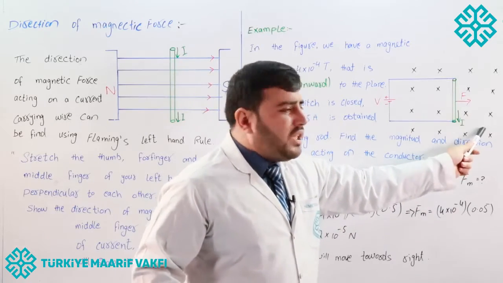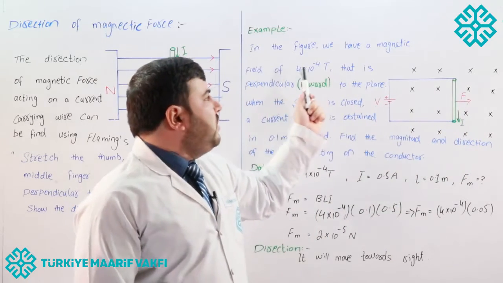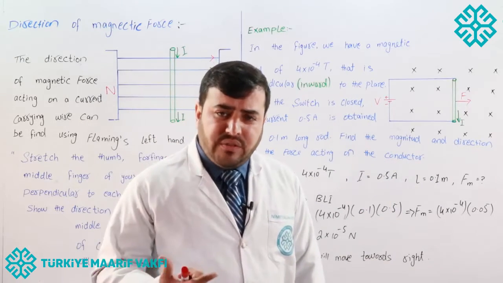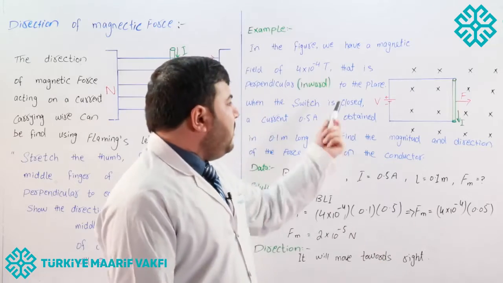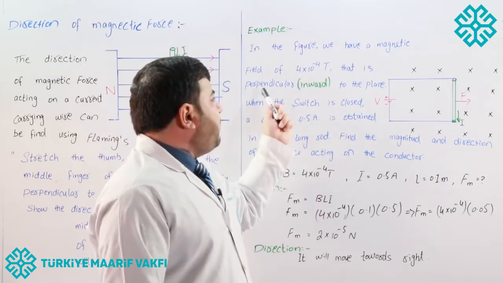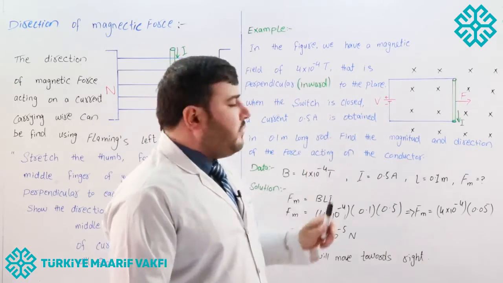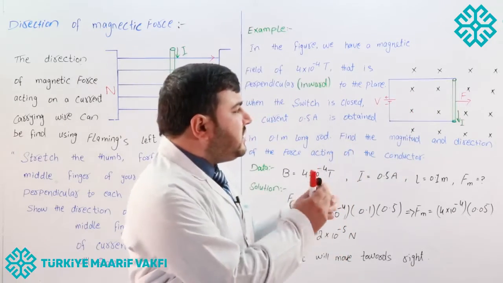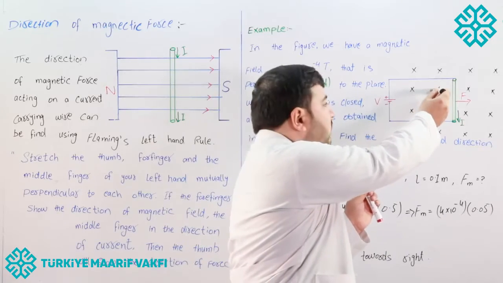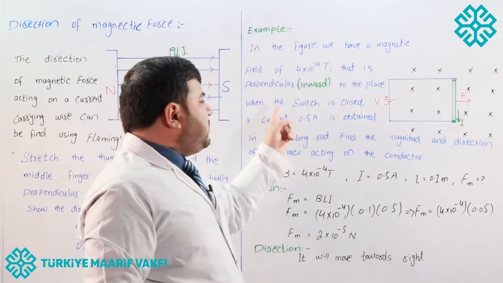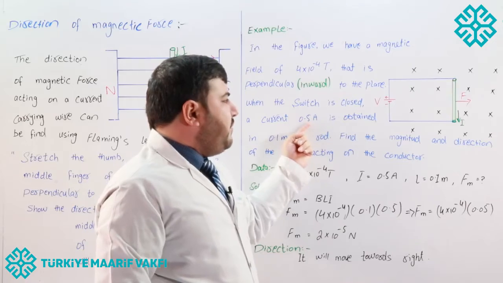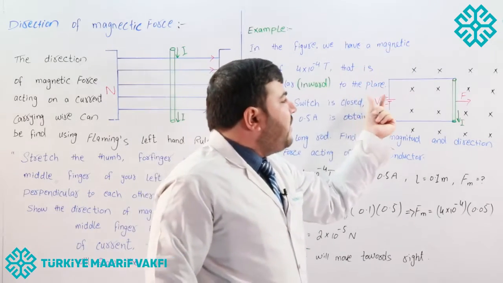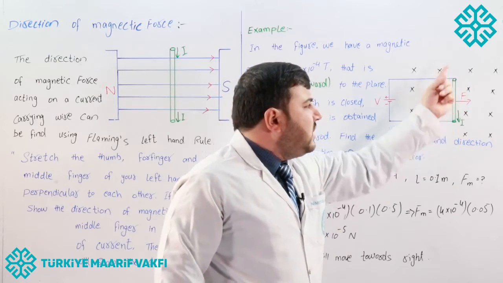So we have a magnetic field B whose value is 4 multiplied by 10 raised to power minus 4 Tesla, and the unit of magnetic field is Tesla. That is perpendicular inward to the plane, means it is inward. Like here, this is our plane and this field is here inward. So when the switch is closed, a current of 0.5 ampere will flow through this conductor